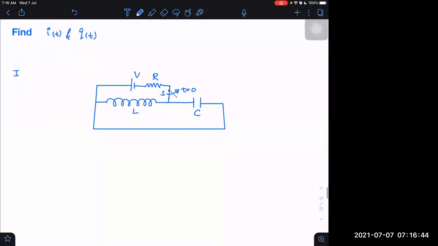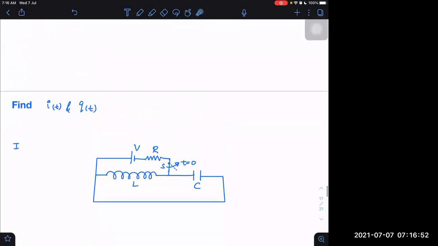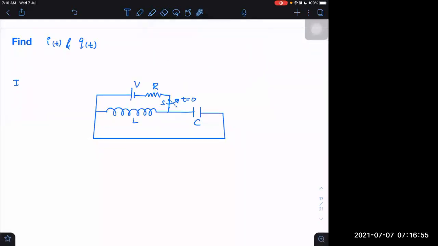Just after opening, the inductor acts as a current source. Therefore, I changed the problem. Yesterday I was asking only questions where the capacitor was initially charged. But it may not only be the capacitor; sometimes the inductor may be the source of energy. This is the example where the inductor is initially charged, and sometimes both are charged, meaning it has some current and also some charge stored initially. That is also possible, so different cases are possible.